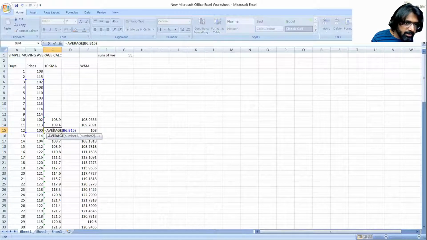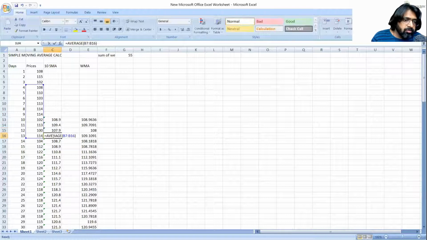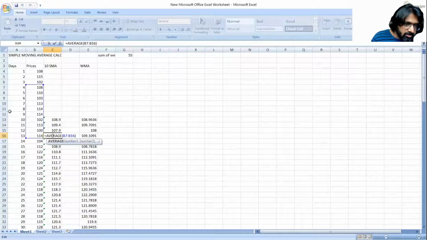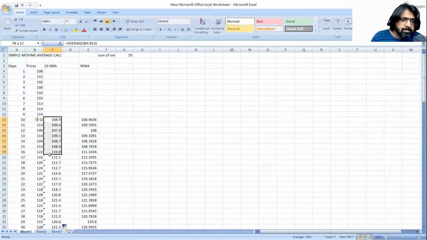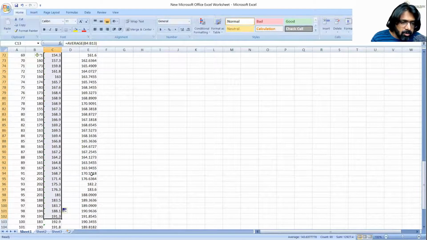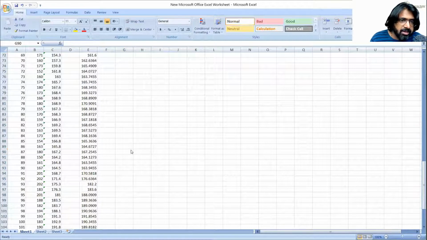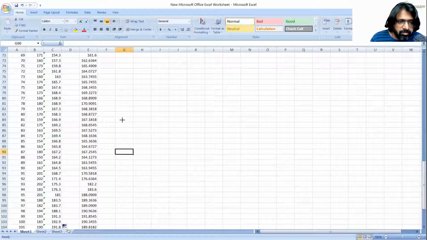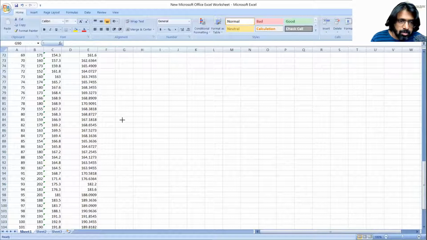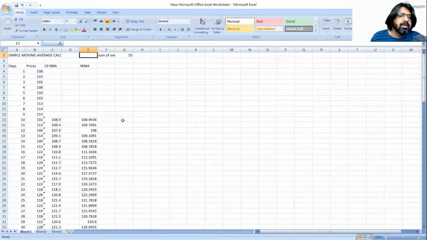On the next day, day 3 to day 12 averages. So, whichever are the last 10 days, those prices are getting averaged. And that average being plotted is called the simple moving average, which you can see here. This is the 14-day simple moving average. And here you can change the number of days. You can make it 13, 12, 10, whatever you prefer. Now, how to select the number of days, I will tell you. So, this was our simple moving average.